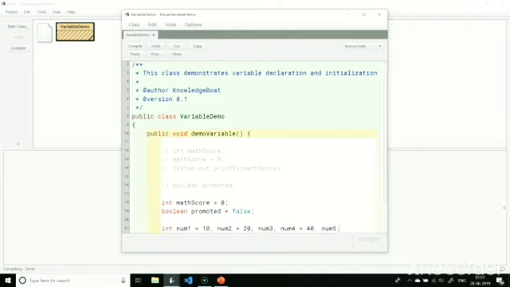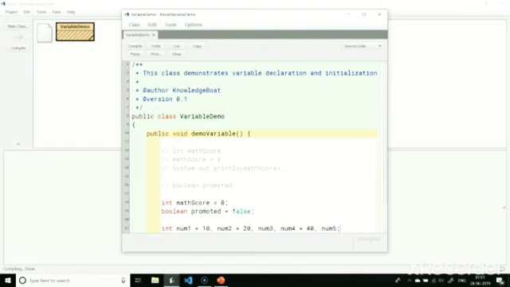Here, I have declared multiple variables of int data type on a single line. I have initialized some of them while others I have left uninitialized. Similarly, you can do it for variables of other types as well.